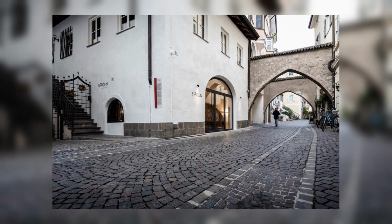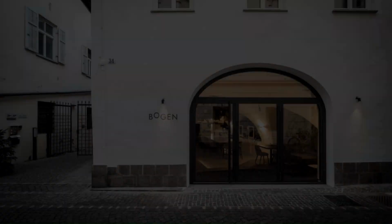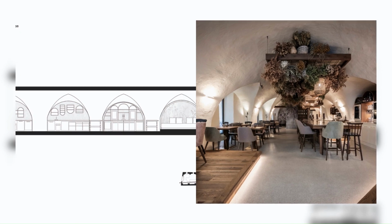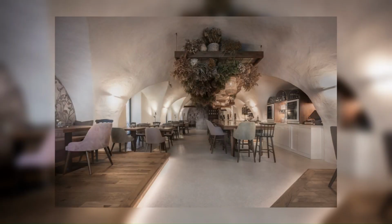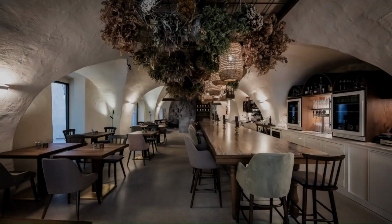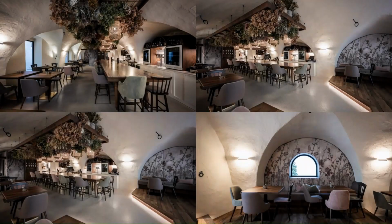To do so, Noah * worked on both the horizontal and vertical dimensions. In the first case, the existing internal height difference was resolved with an oak platform at the entrance, while a gray-beige polished screed was chosen for the floor. In this way, there is no strong color contrast with the walls, and the harmony of the shades enhances the